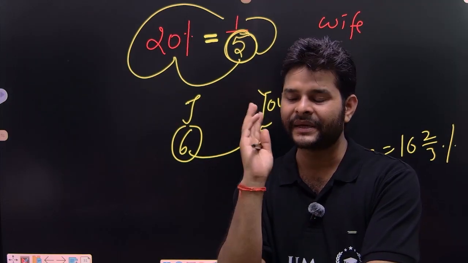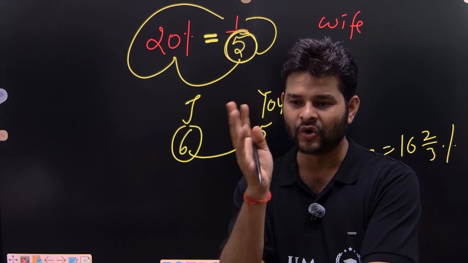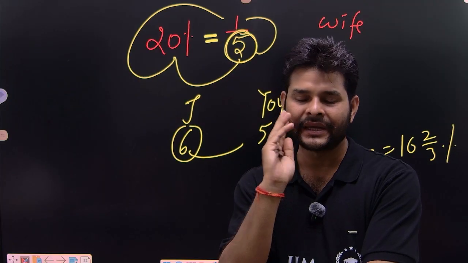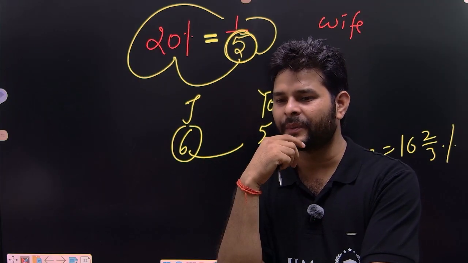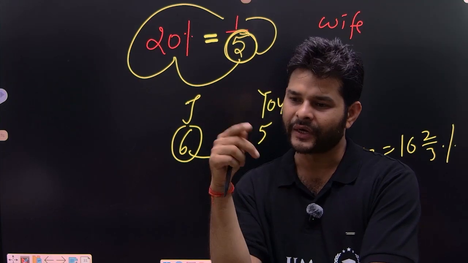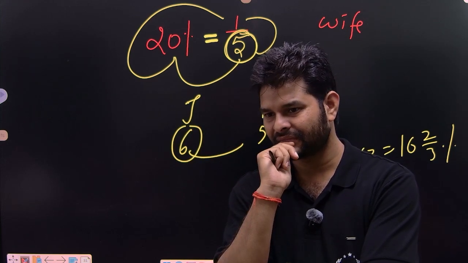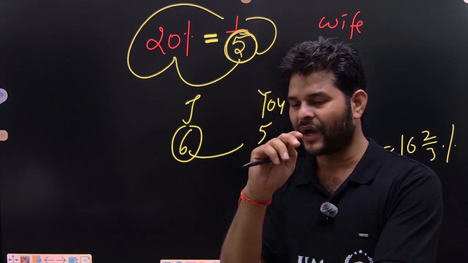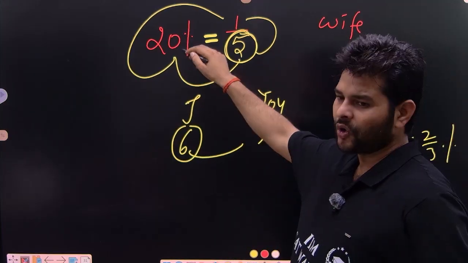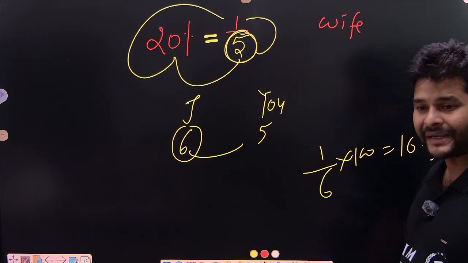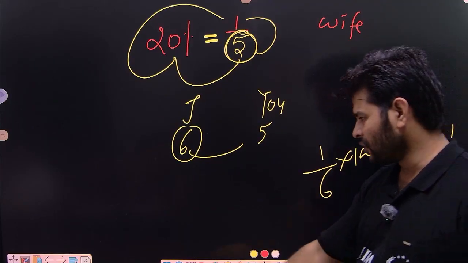If anyone is making 20% more than you, it is not necessarily true that you are making 20% less than him. So this is the difference. If I am making 20% more, that means you are making 16 whole 2 by 3% less than me. So now the question is,